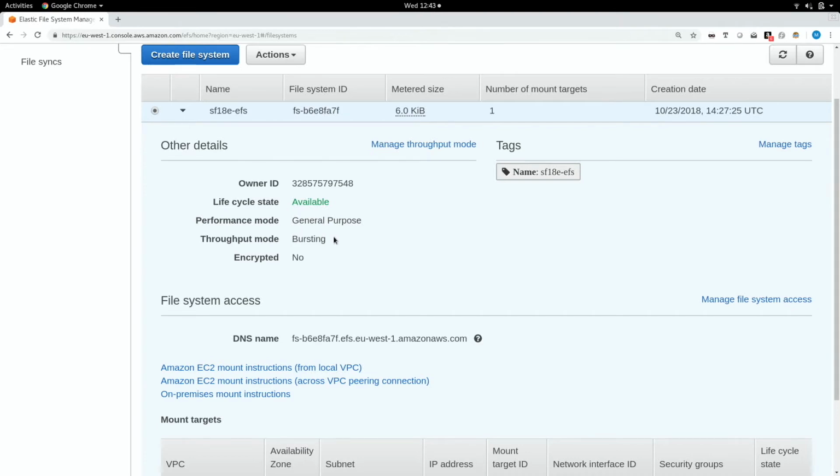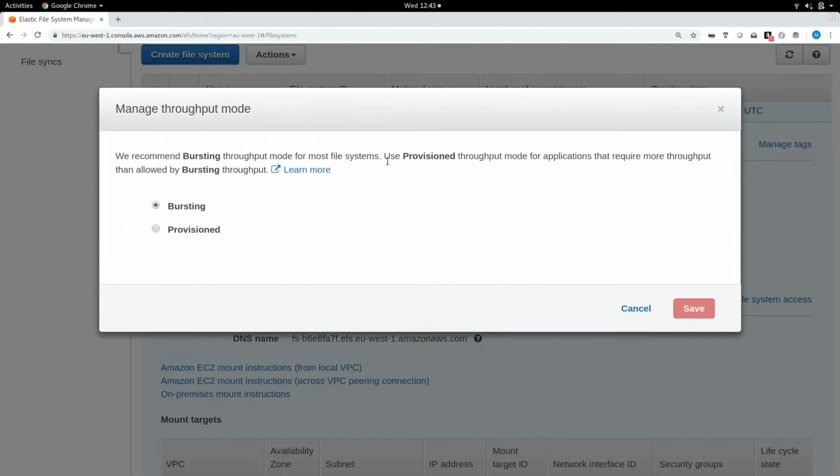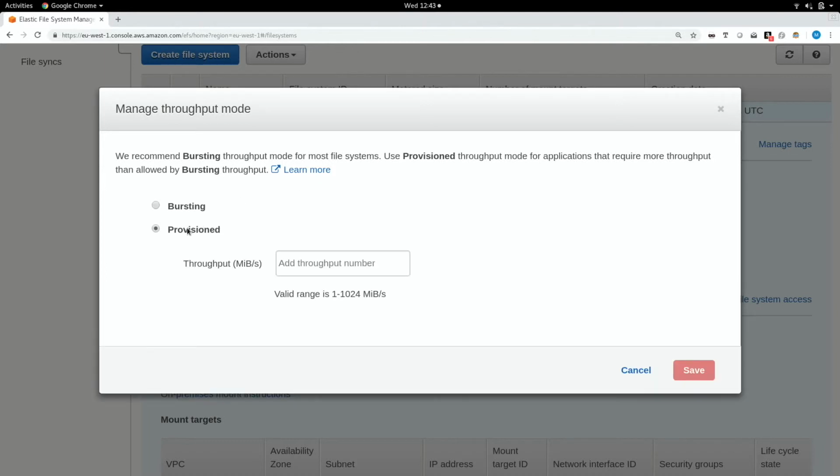So that's going to give me a certain amount of throughput. I happen to then discover that actually I need more throughput than that, and I want to provision it because the data rates that I'm writing to this are higher than I thought. So again, it's a case of coming in and going, actually, no, I want 100 megabytes per second or whatever it might be, and it gives you the prices there.